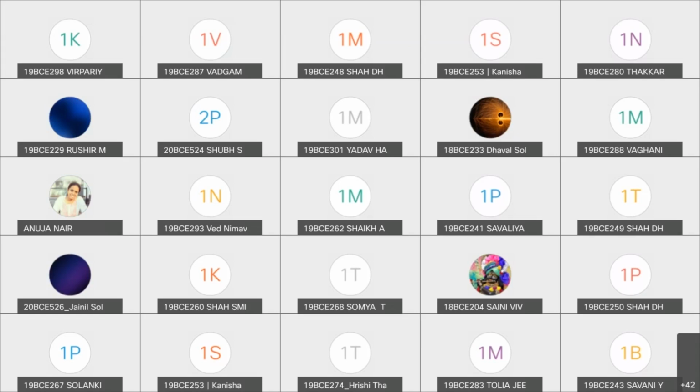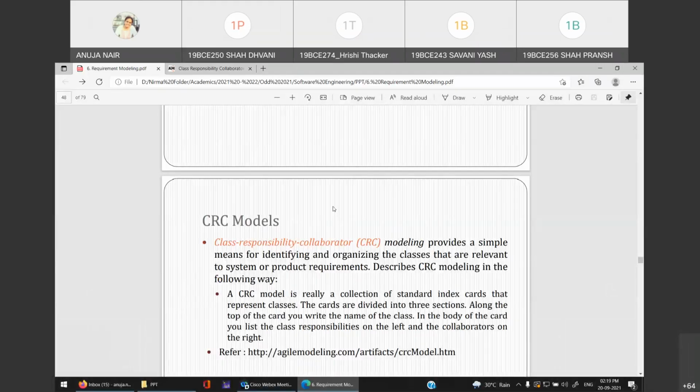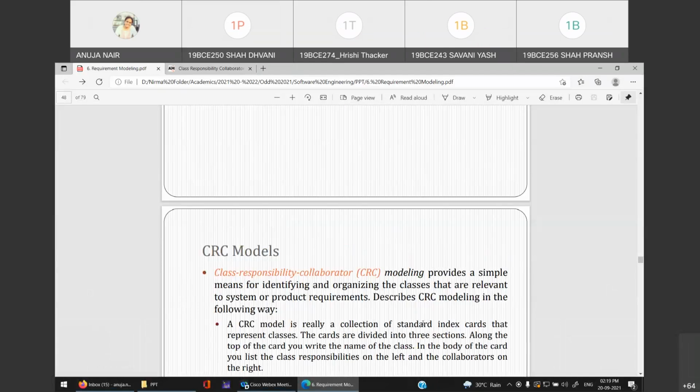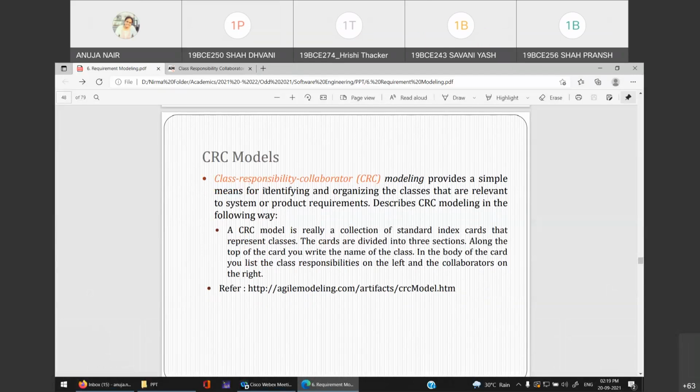What we'll do is finish the leftover part of class modeling. So in the class model, we have two things, right? One is the class diagram and another is CRC index cards. So now let us understand what CRC index cards are. CRC stands for class responsibility collaborator, right? What we do here is create index cards, so it's called CRC index cards.